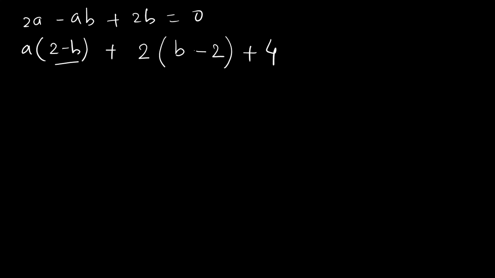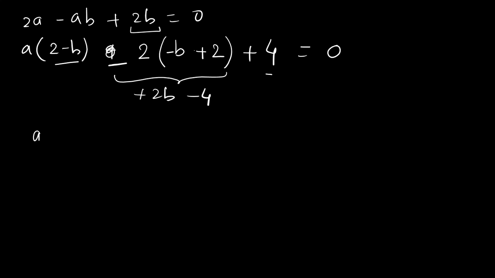So this is exactly reverse of this. So let's take minus 2 here, then it will be minus b plus 2 and then we have 2b. If you break this term we get 2b minus 4, but here we had just 2b, so we added plus 4. So now we have a minus 2 multiplied by